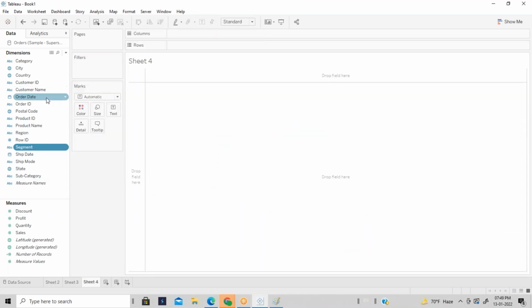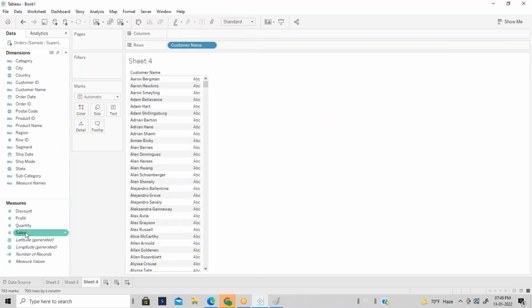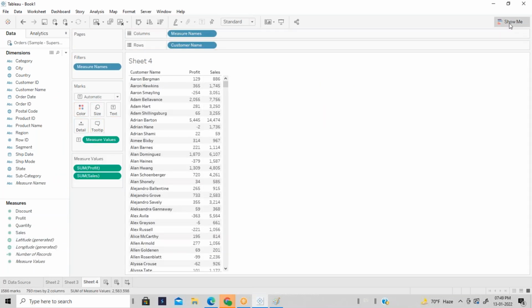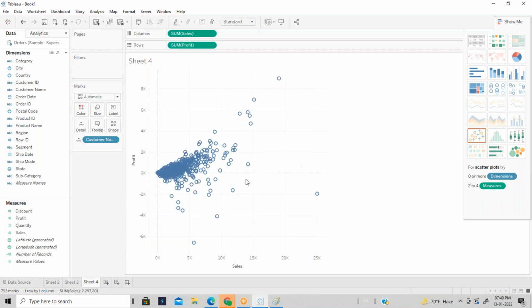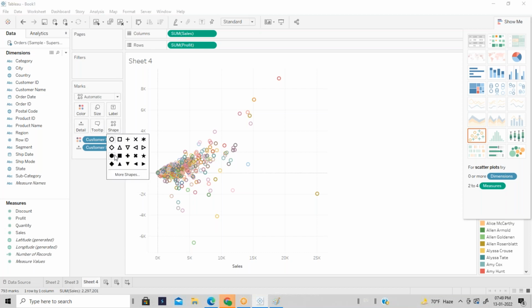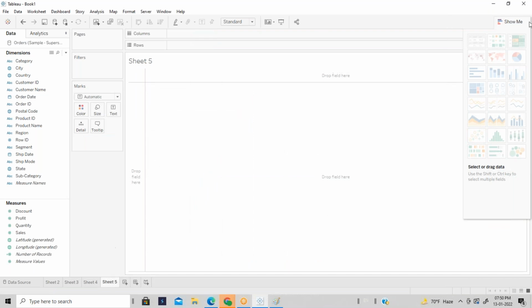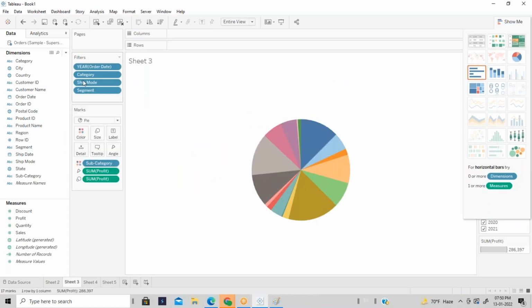Also, I'm trying to have the customer-wise sales and profit. I want to show this here. You can increase the size if you want. Another sheet which I'm trying to create: let me make this each region-wise data.